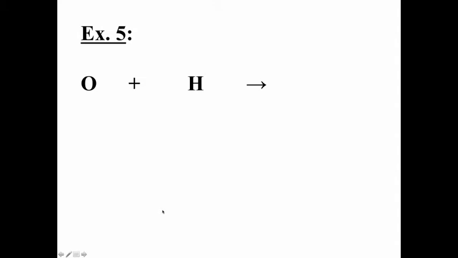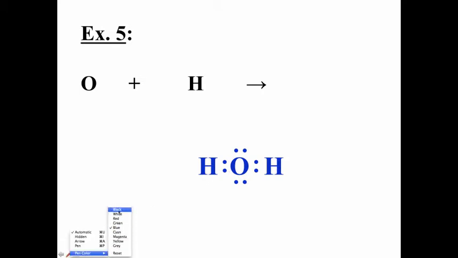All right, now let's do one with oxygen and hydrogen. And in this case, we have 1 oxygen with 6 valence electrons. That means it can bond to 2 hydrogens, which you probably could see coming. And this is going to be H2O, or water, with 8 electrons around the oxygen, 2 around the hydrogen, 2 around the other hydrogen, and if we draw the structure for this showing the bond between oxygen and each hydrogen,